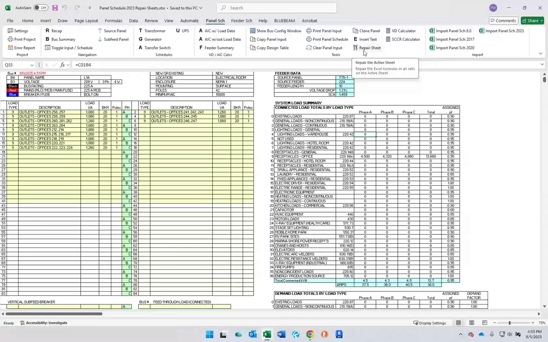In this video, we will look at the Repair Sheet tool and how to use it. The panel schedule workbooks take full advantage of the Excel formulas throughout the workbook. As you can see,